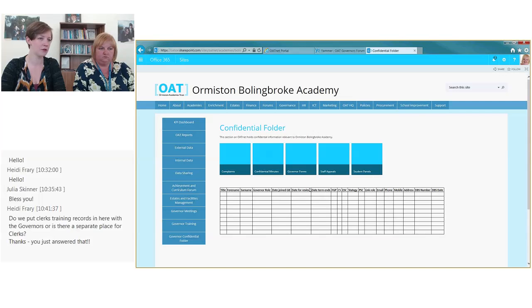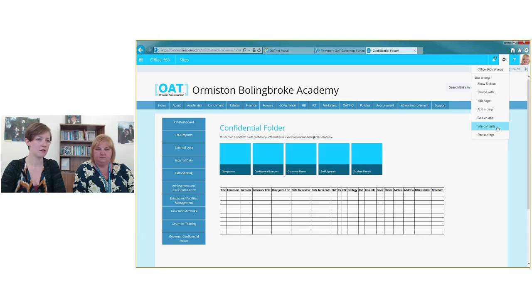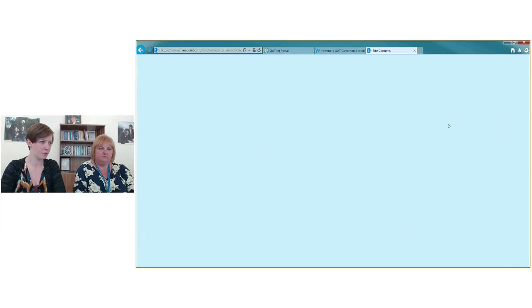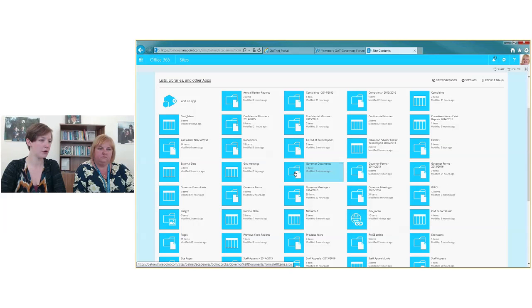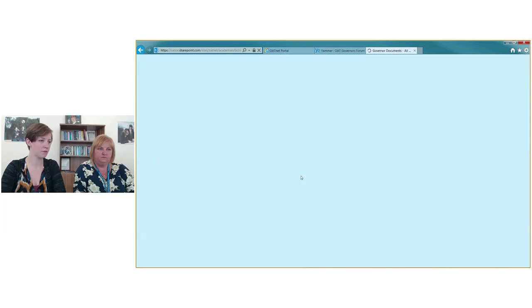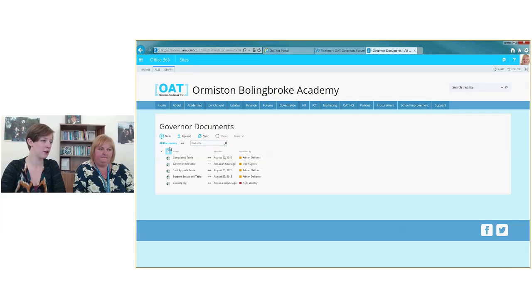I'm going to show you how to do that now. So if you go to the top right hand corner onto this little cog here and go down to site contents, you'll see folders of all of the site contents. If you go to Governor Documents, you'll see there are a number of Excel spreadsheets here. You'll find the training log here as well, which you can amend from here as opposed to in the training tab. So if we go to the Governor Information Table spreadsheet and click on that,